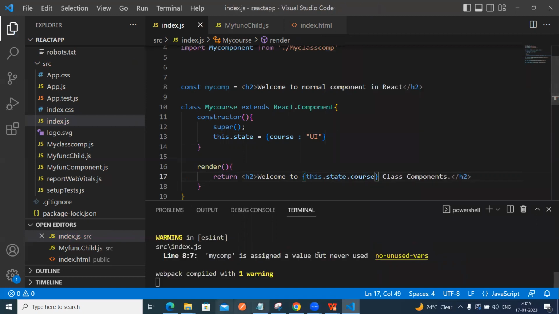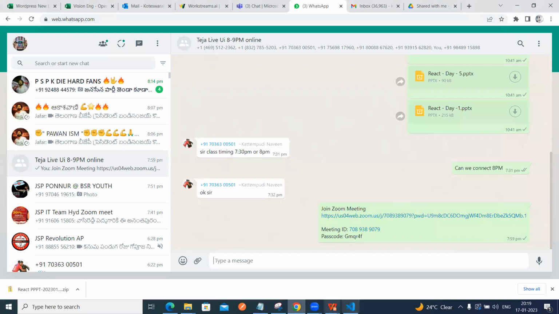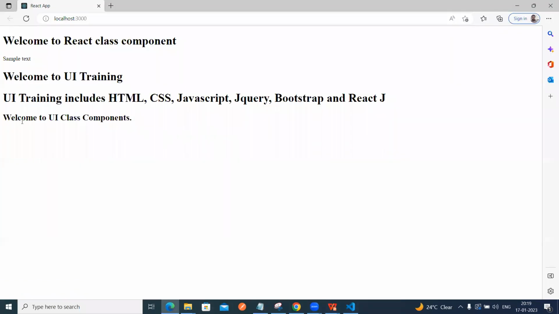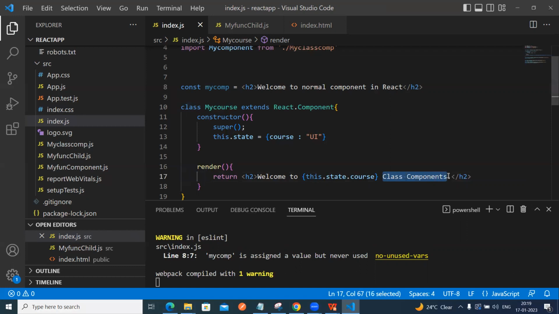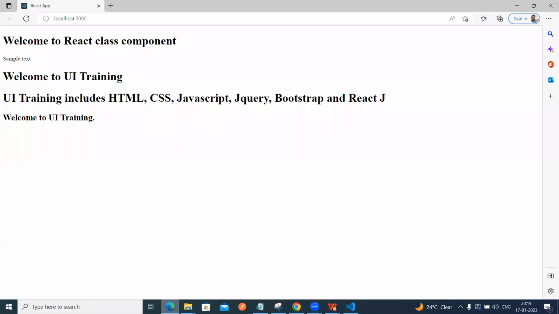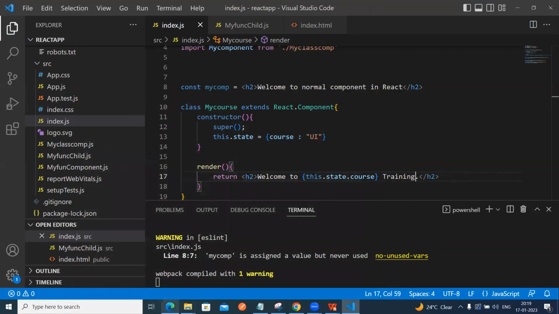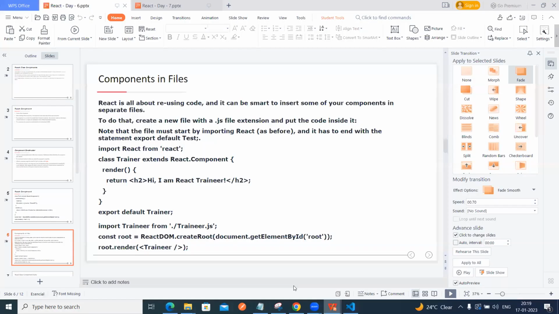Now you can see, where is this one, here it is, welcome to UI class component. Okay, welcome to UI. Try. Okay, so this, all right. So the next one, so we can say